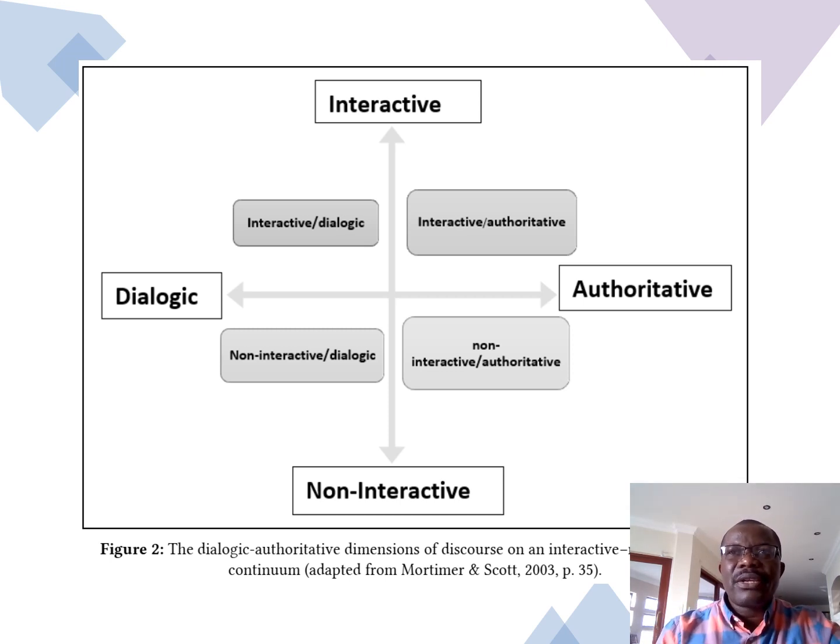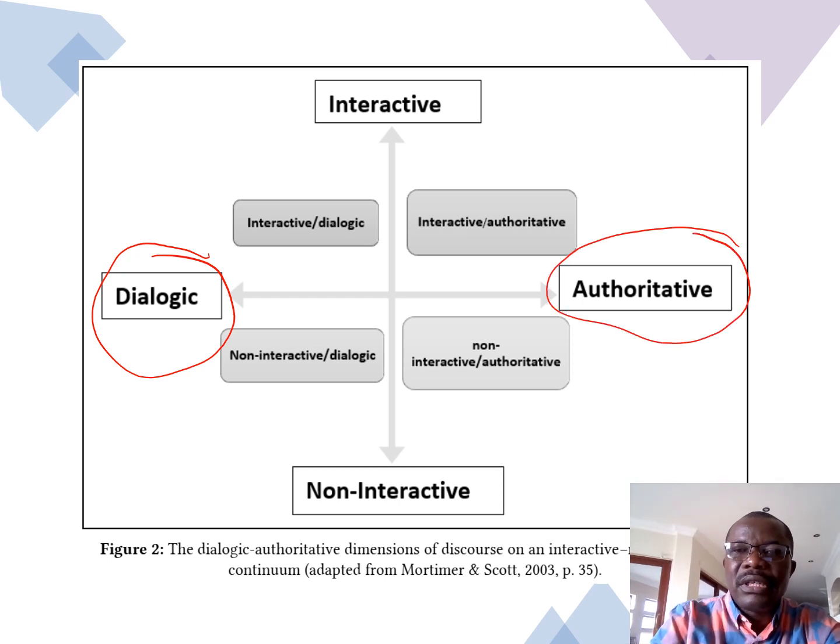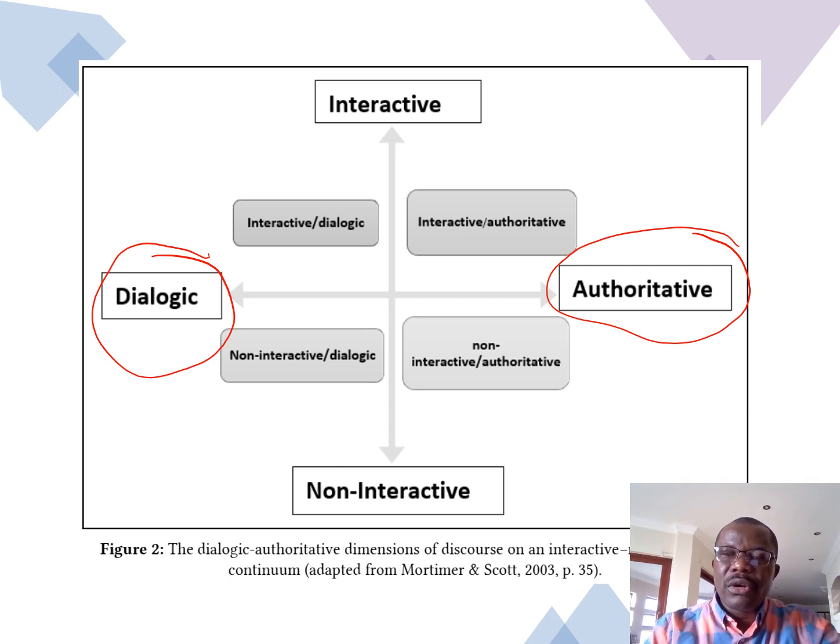So Mortimer and Scott argue that talk can be analyzed based on whether it is dialogic or authoritative. If it is dialogic, discourse is simply about bringing in a range of ideas or viewpoints, explaining that and engaging with that in class, while the authoritative dimension is focusing on one viewpoint, mainly the teacher's viewpoint. Okay, so I need to say this, for Mortimer and Scott, dialogue is not a function of how many people